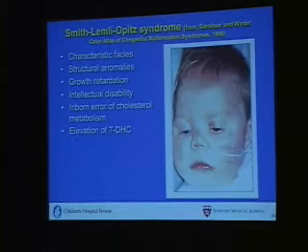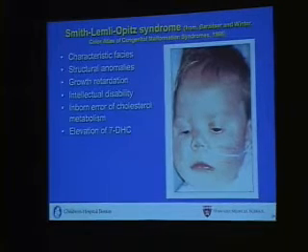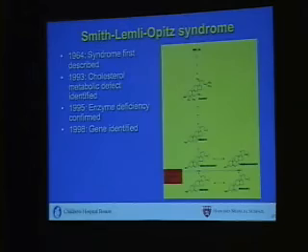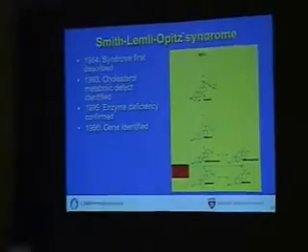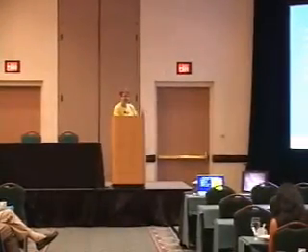The diagnostic test is not a total cholesterol. It is elevation of 7-dehydrocholesterol because these kids have a biochemical abnormality. They can't convert 7-dehydrocholesterol to cholesterol. And so the total cholesterol that your laboratories all measure actually measures both cholesterol plus 7 and 8-dehydrocholesterol. So you can end up with a normal cholesterol in some of these kids.